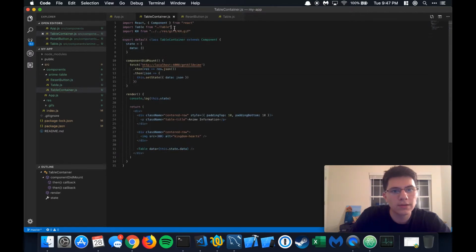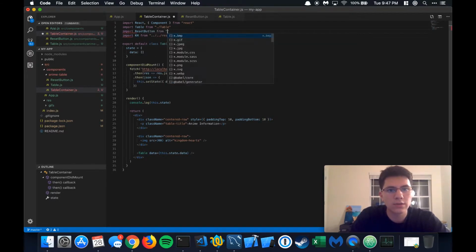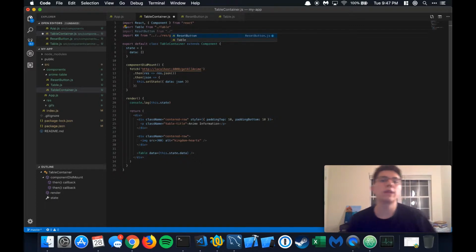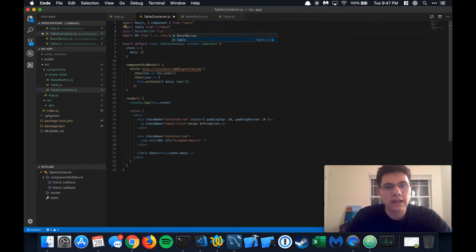Okay, so let's go back here, and same as the table, since they're within the same directory, we can actually use a relative path here. So we're going to do /, and that tells the computer, hey, look in the same folder space that we're in right now, and give me the list of files that I have access to. And that is reset button and table, which is right here on the left. So let's take reset button